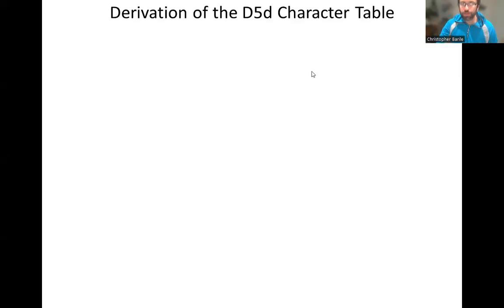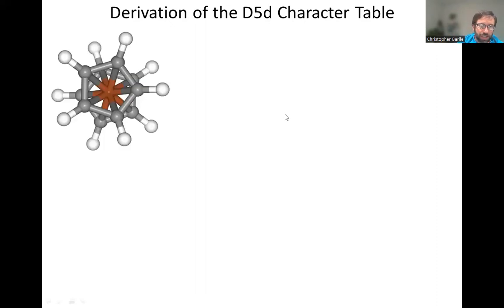All right, so in this video, we are going to be deriving the D5d character table, and we're going to do that from scratch. And the way that we have to start out is just the same way we do with any point group. We have to identify all the symmetry operations in this point group, and then group them into classes. And it's useful to think about the example molecule here, staggered ferrocene,